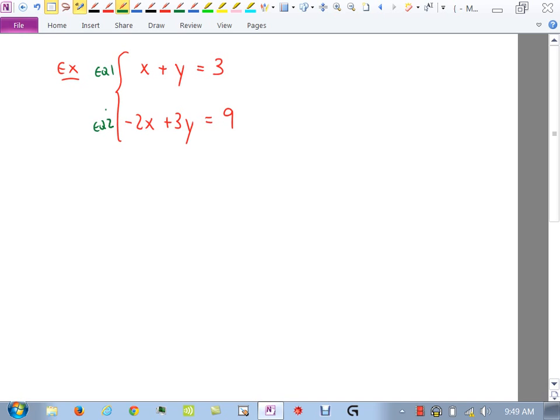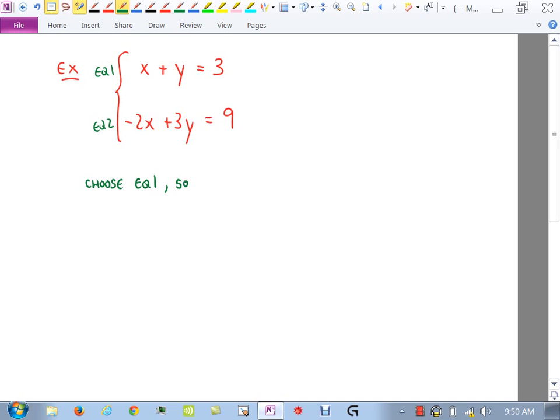First step is to try and identify which of those equations would be easier for you to solve for one of the variables. So which one looks easier to get, like either the x or the y by itself? The first equation? Think so? Right? Okay, so I'm going to choose equation 1,